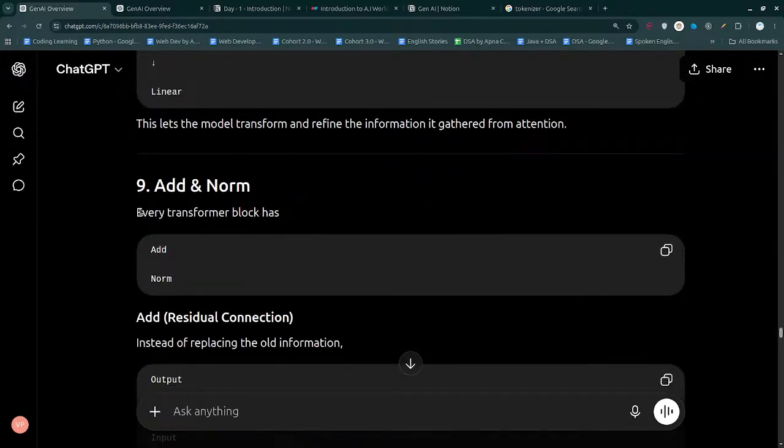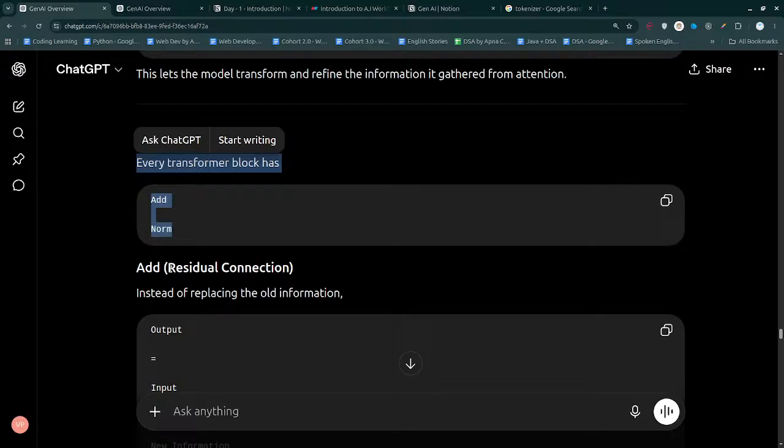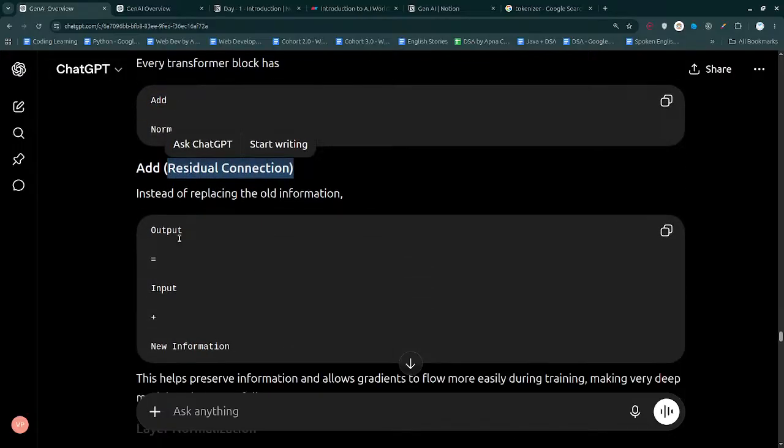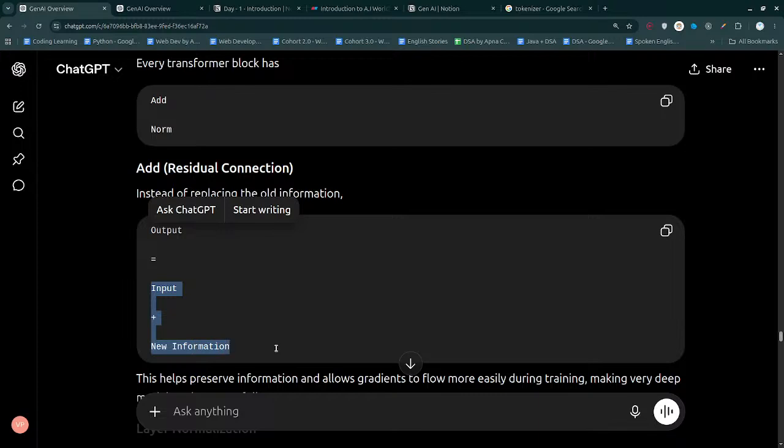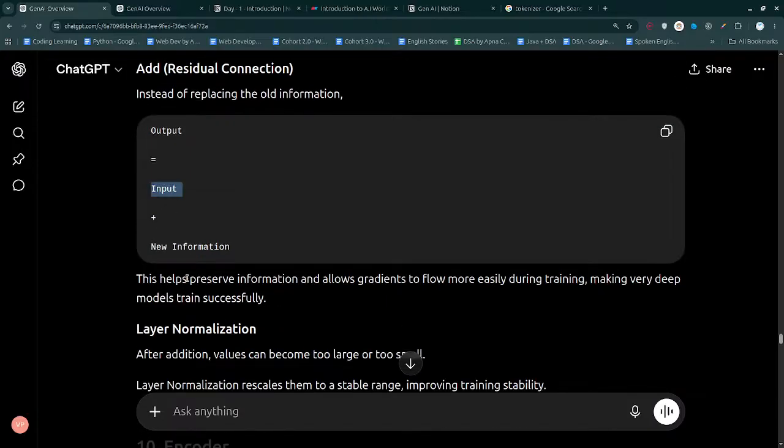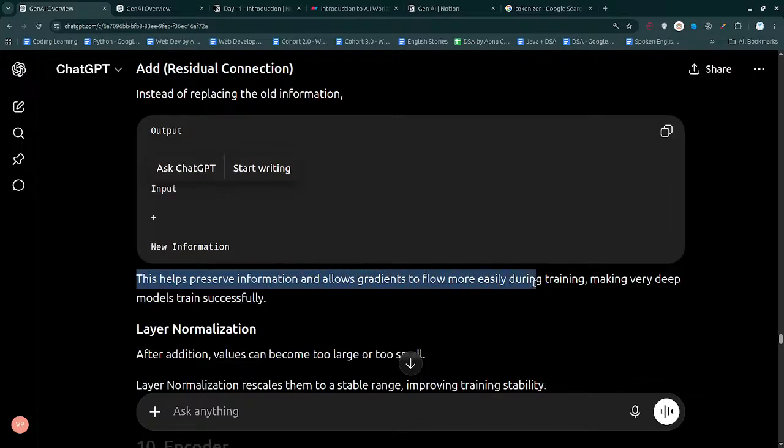Add and normalization. Every transformer block has add and normalization. Add is a residual connection. Instead of replacing the old information, the output is input plus new information. So whatever the input was, the output is going to be equal to the input plus the new information. So the input is still going to be there. This helps preserve the information and allows the gradients to flow more easily during training, making very deep models train